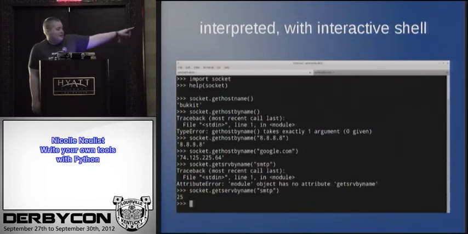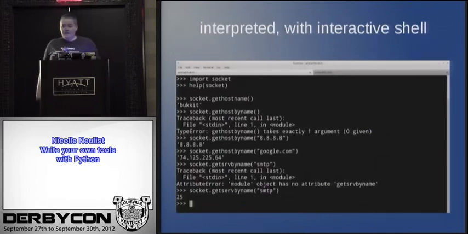And then you can see there, socket.gethostbyname. It throws an error. And one of the nice things about playing with your code in the interactive shell before committing it to a text file is it'll give you error messages that are usually pretty good about giving you an idea of what you screwed up. And you can test your code before jotting it down in your script file.